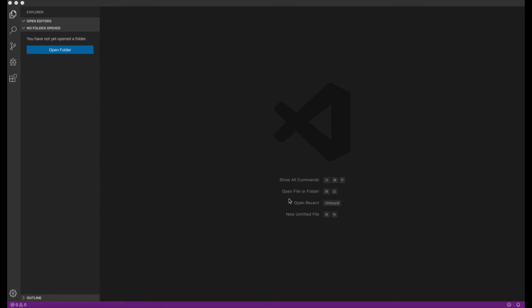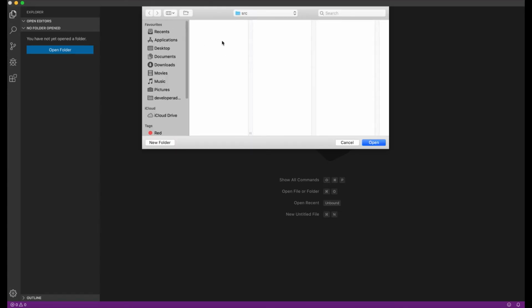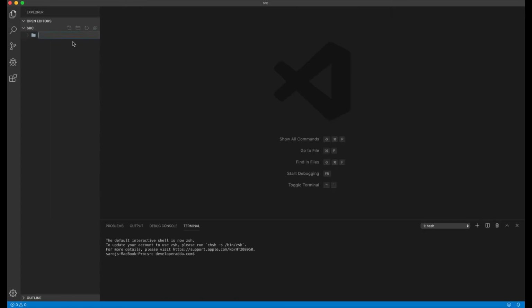If you remember, while installing Go, we created a folder called Go, and inside that we created three subfolders called pkg, src and bin. Inside src we will write all our programs. So let's start. First we have to create a folder here called hello world, and inside that we will create a simple program. We'll create a file called main.go,